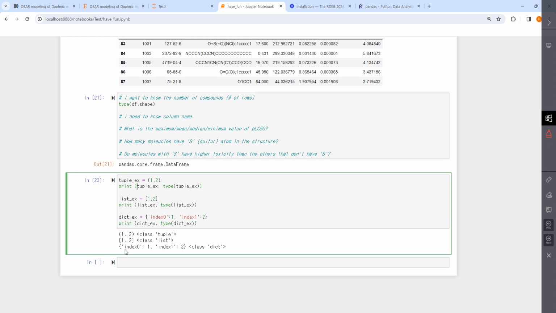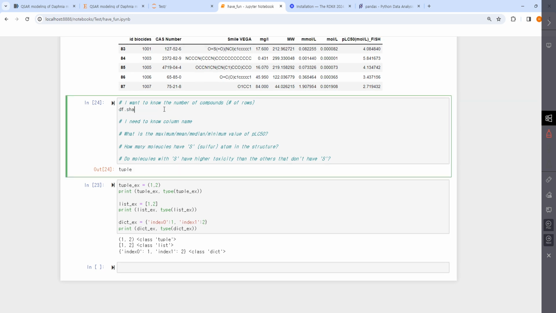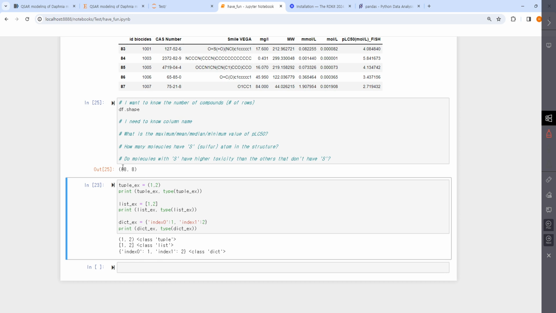So I print it. It's surrounded by parentheses, and it says it's a tuple. So it's actually the name of the data structure. There are three mainly used: tuple, list, and dictionary. You're going to see these a lot, but I just want to show you that different brackets or parentheses mean different types of data. So this is the tuple, but what we really want to do was to check the